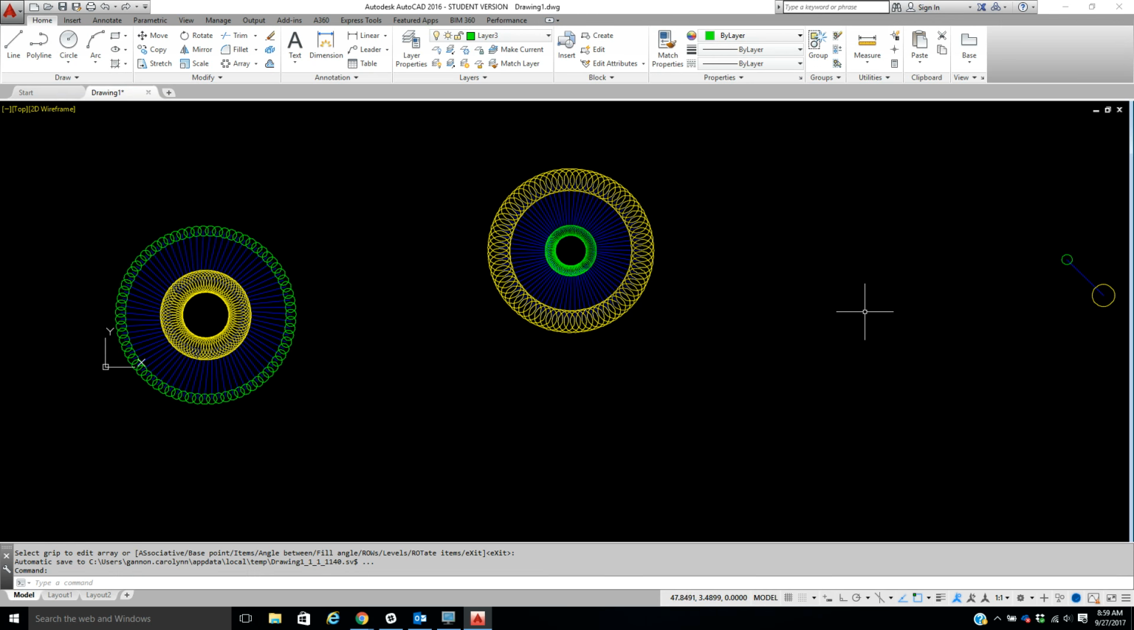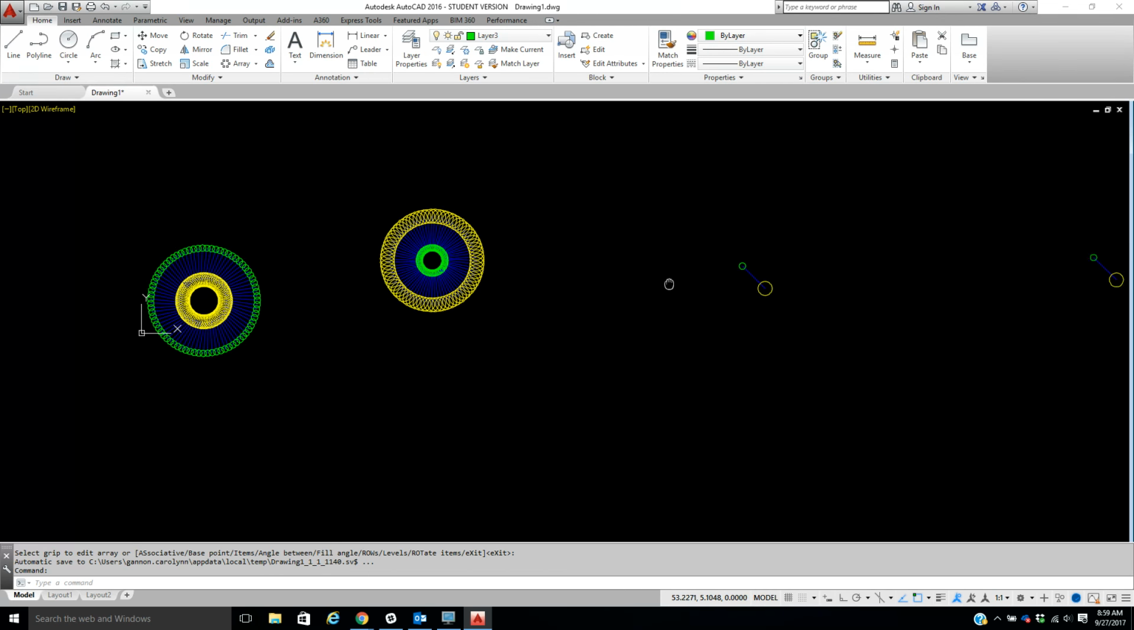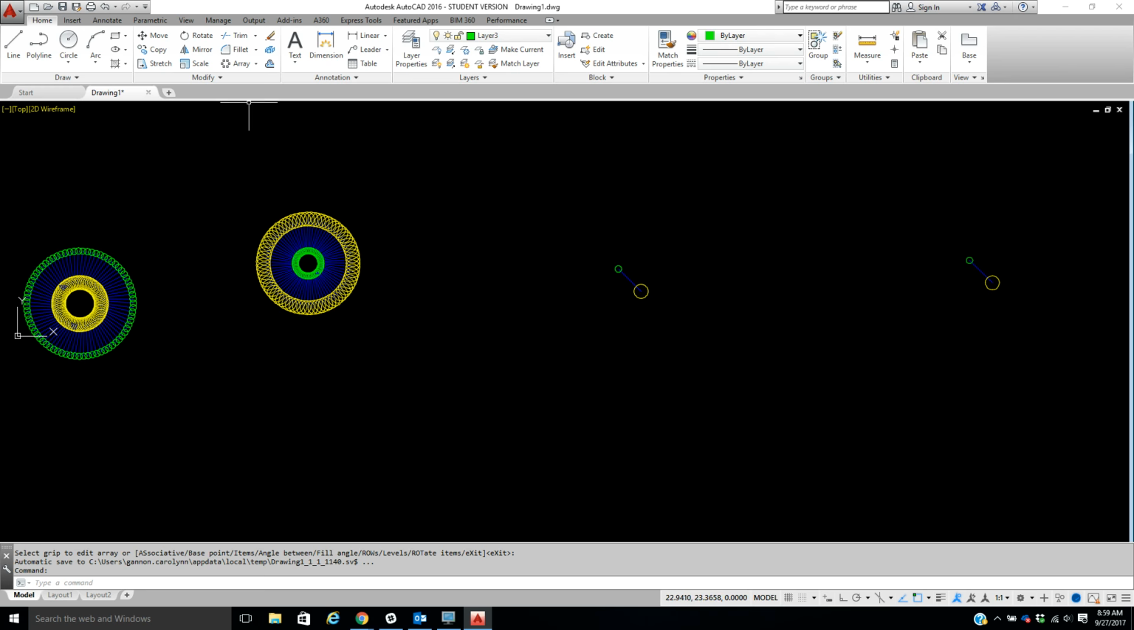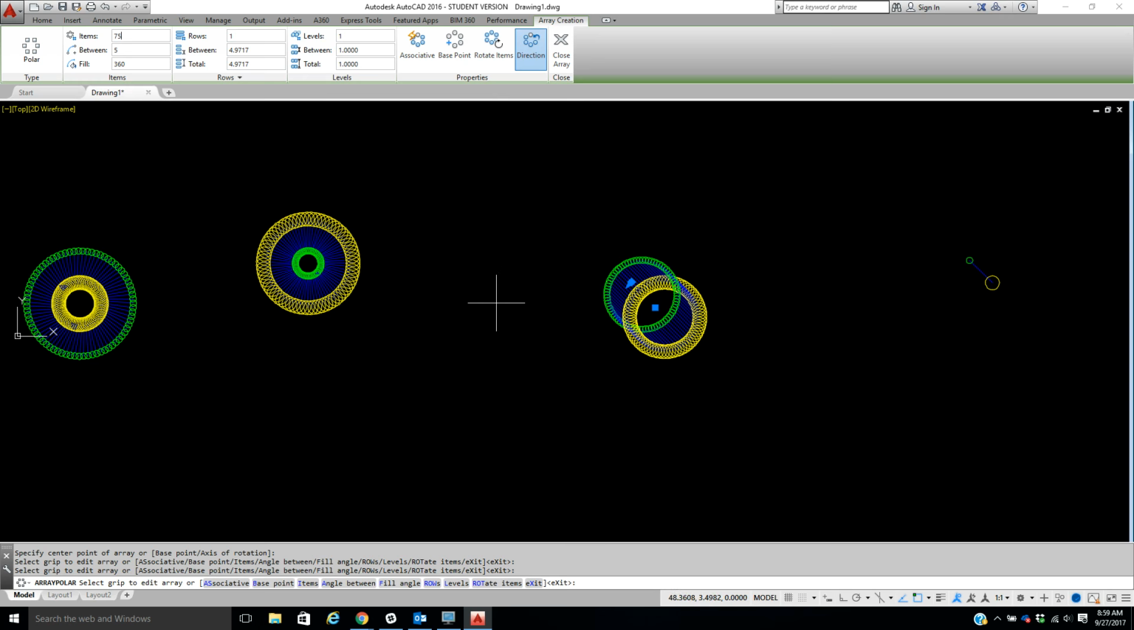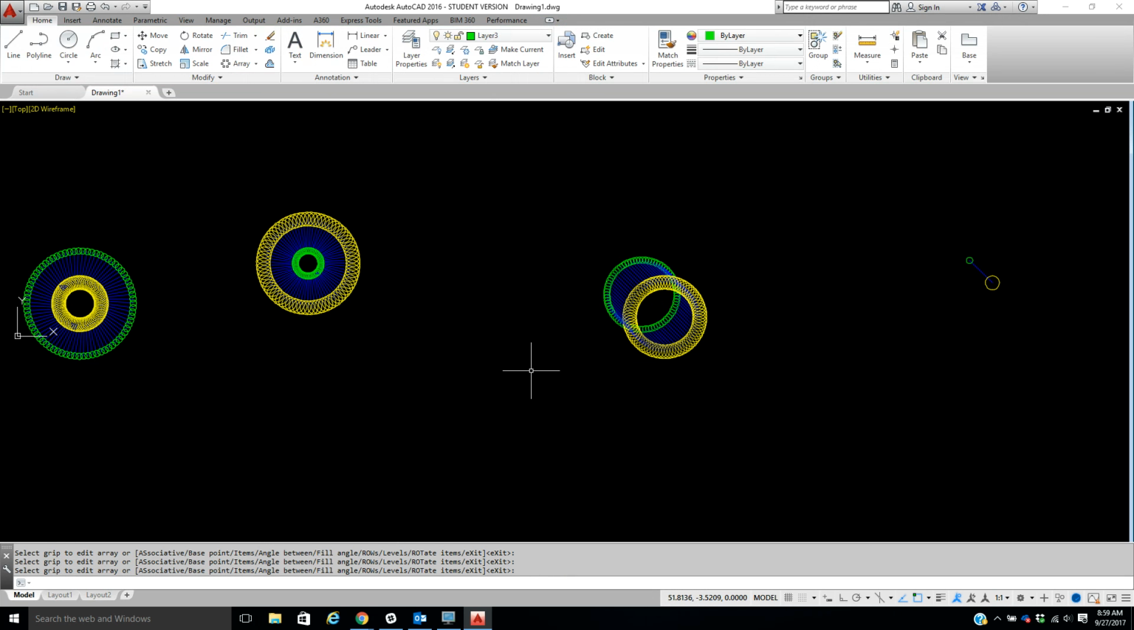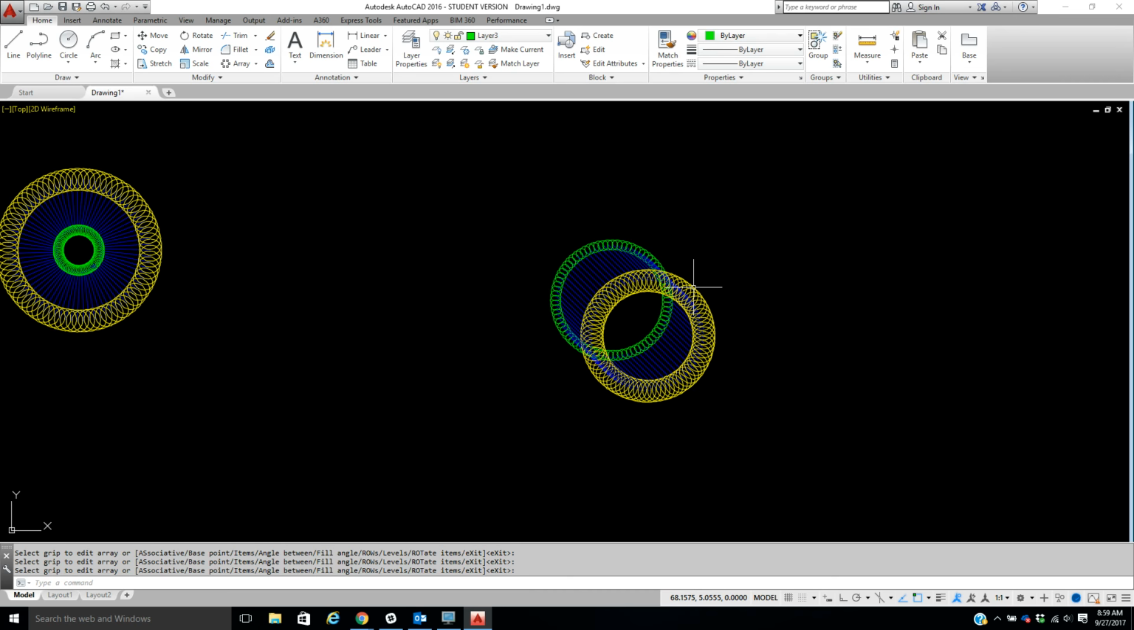See the difference? It's the same exact thing. So let's come here and add with the polar array. Let's select. We're going to do the same one again. We're going to pick our base point out here. But this time, we're going to do our 75. The only thing we're going to change is this right here, rotate items. Let's take that off. Now look at it, because we didn't rotate them,